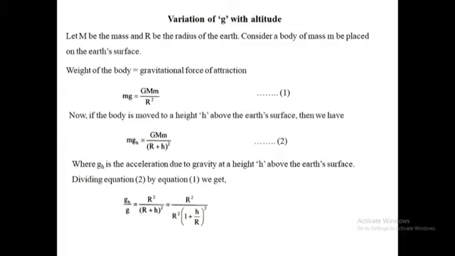Now, variation of g, that is acceleration due to gravity with altitude. Let capital M be the mass and capital R be the radius of the Earth. Consider a body of mass small m placed on the Earth's surface. Therefore,